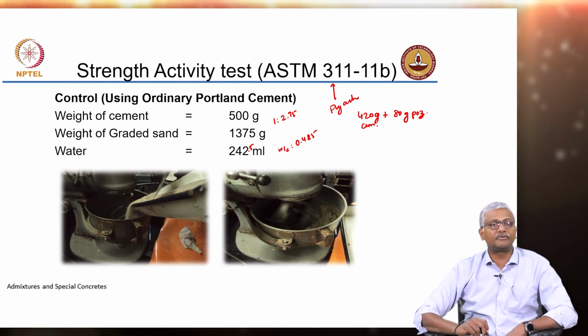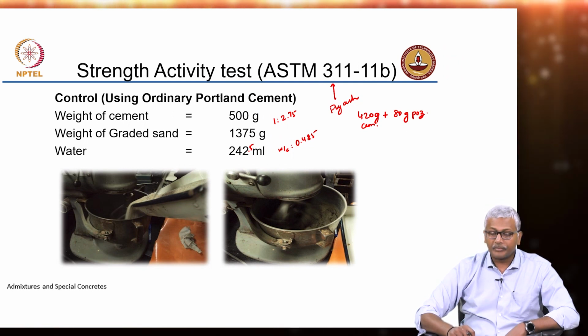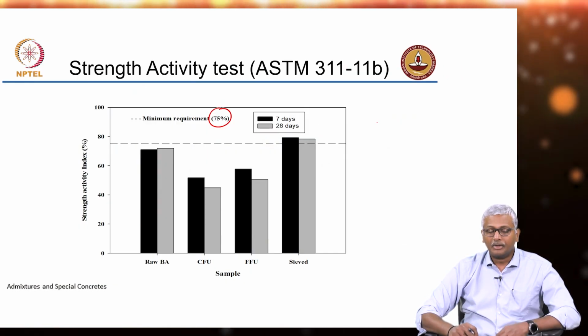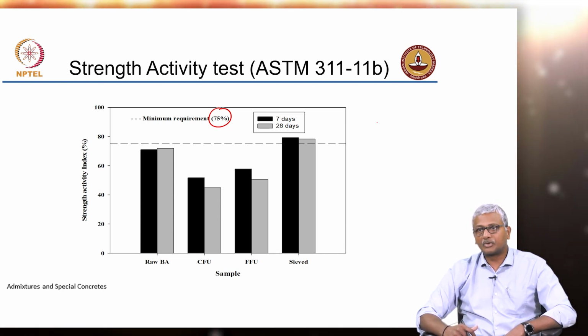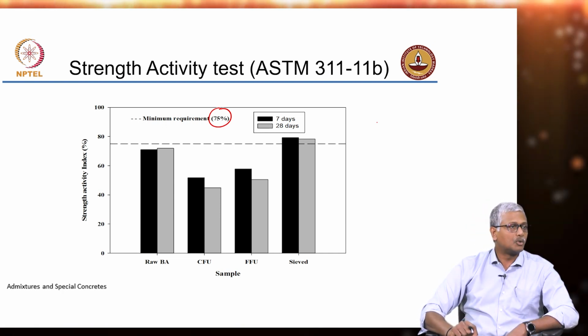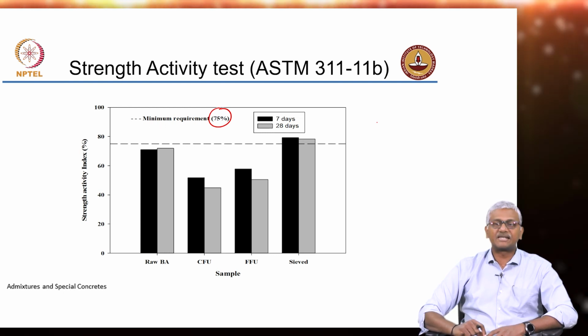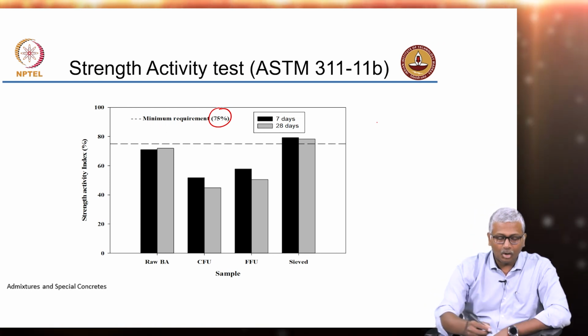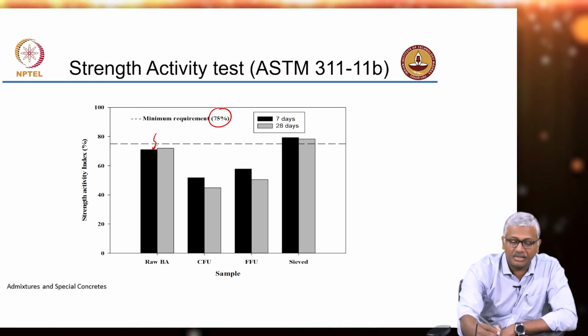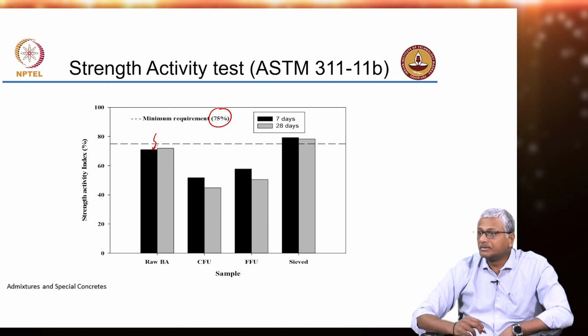Okay, you have 20% replacement. Now, at that 20% replacement, you are allowing up to 25% lower strength, because the test is getting conducted at early ages, 7 days or 28 days. Okay. So, here raw bagasse ash was able to get you a strength of nearly 70%, not too